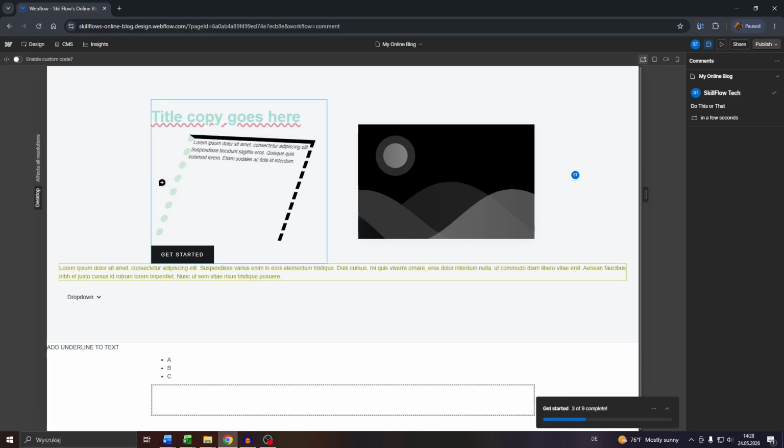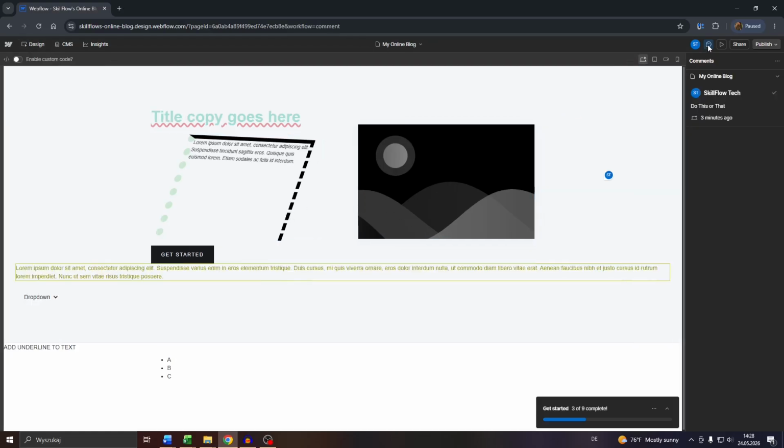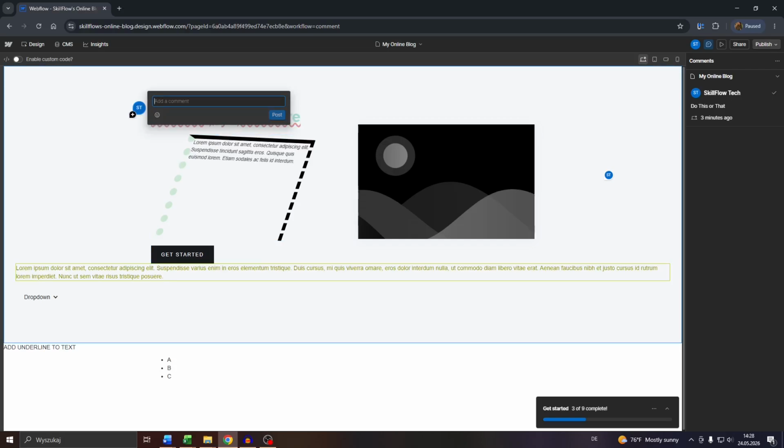So guys, you will need to access the Webflow web designer, the given website project, of course, you are given access to. And next, click into the comment button in the top right to post a comment here. So let us post a comment next to that text box here for the sake of this tutorial. Left click. And then guys, what you want to do is post a comment, like for example, I don't know,